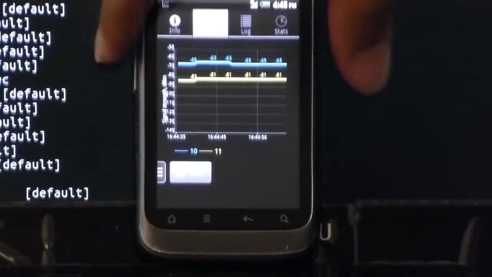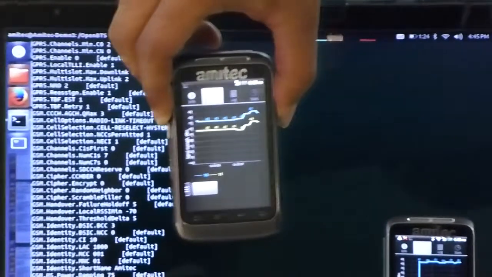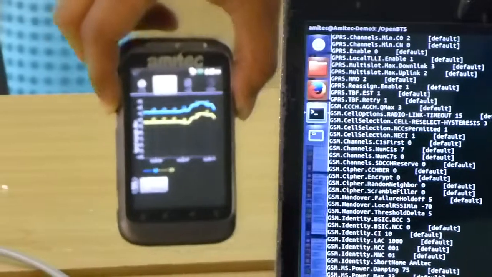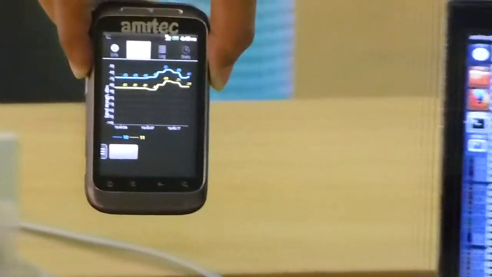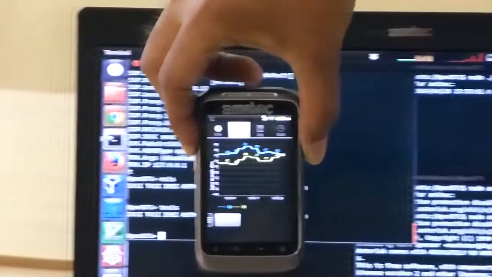If we see over here, currently the serving cell of this mobile phone is this base station. If we move along the path, we can see how the signal level is changing in this mobile phone, and at a point we can see where the handover will occur from this base station to this base station.